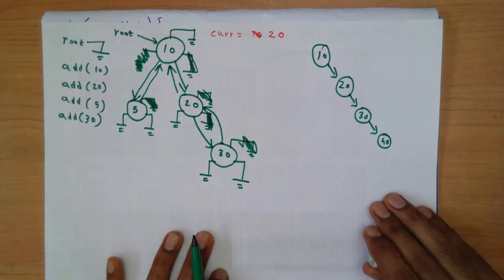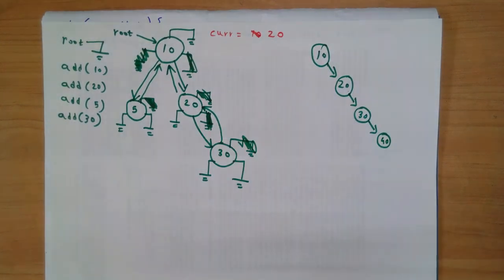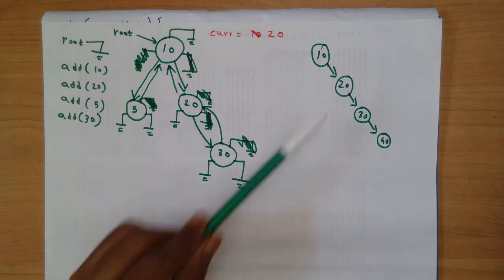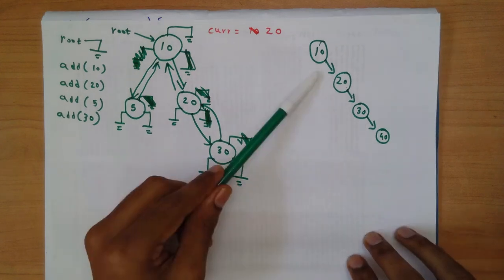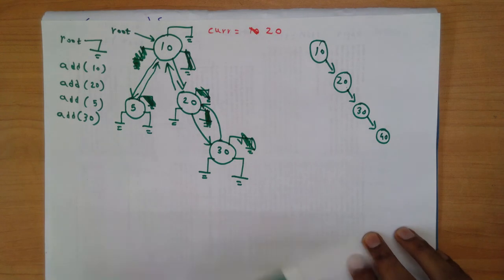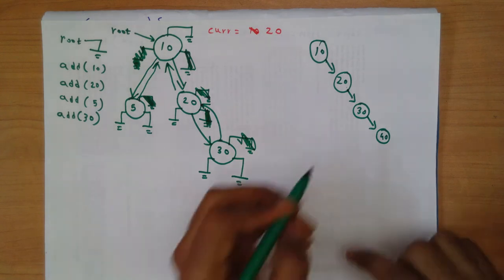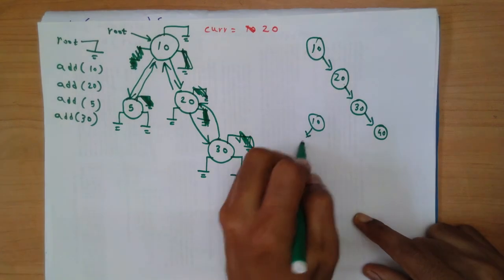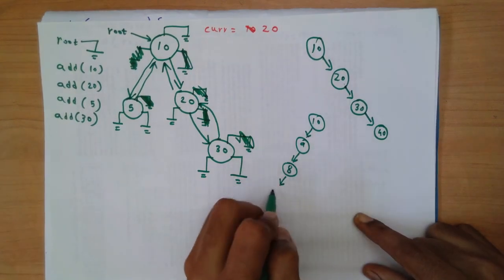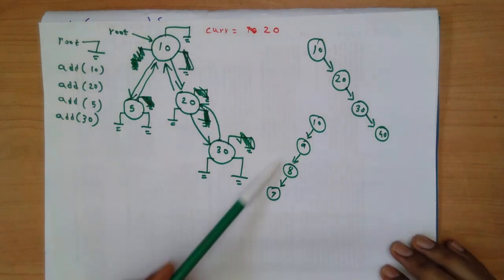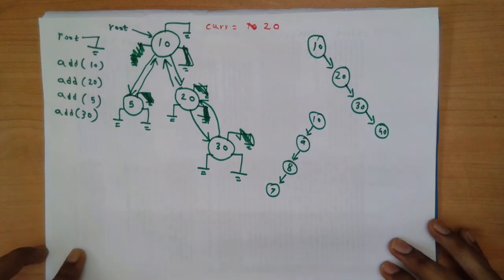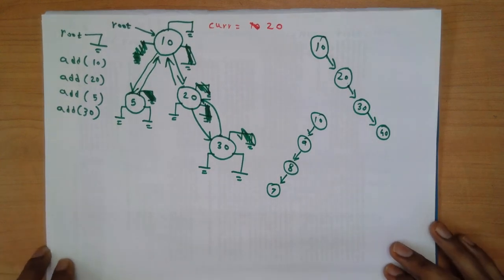Okay. So if I insert values in ascending order, then I will have a tree where every new node is the right child of the parent, and then the height of the tree is equal to the number of nodes in my tree. Or if I enter values in descending order, say I add 10, then I insert 9, 8, 7. Even in that scenario, the number of levels in the tree is equal to the number of keys in the tree. Okay. So for a binary search tree, in the worst case scenario, the height of the tree will be equal to the number of nodes in my tree.